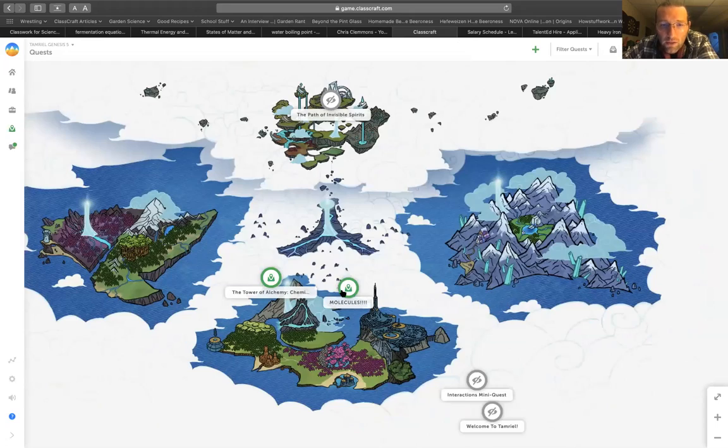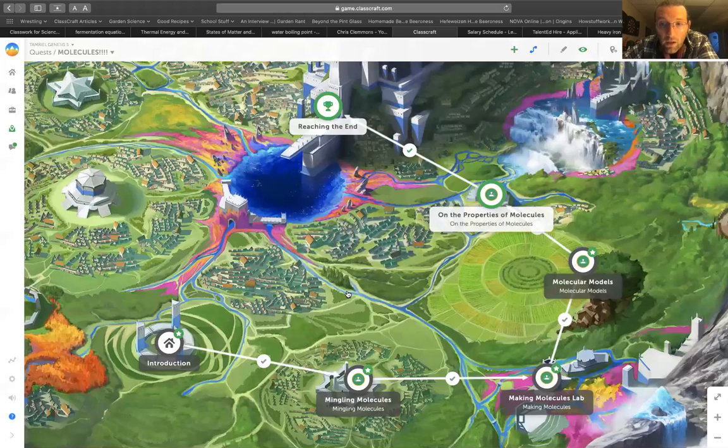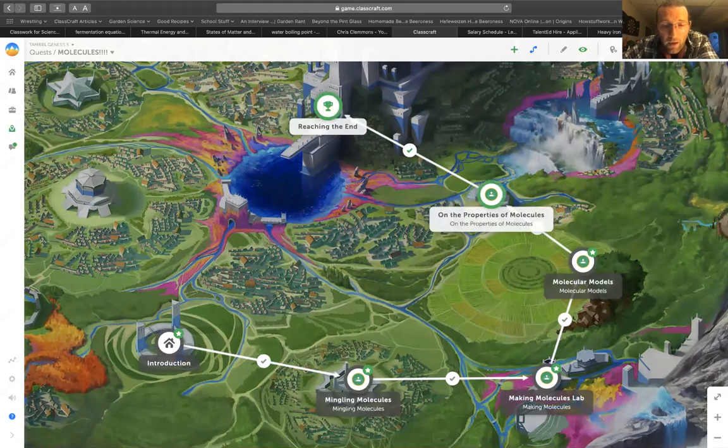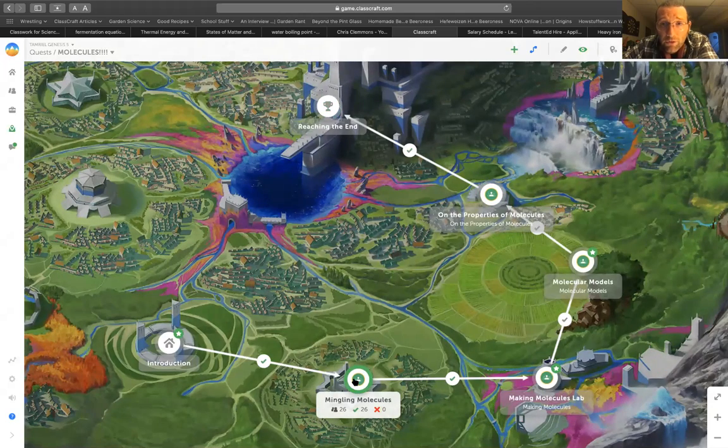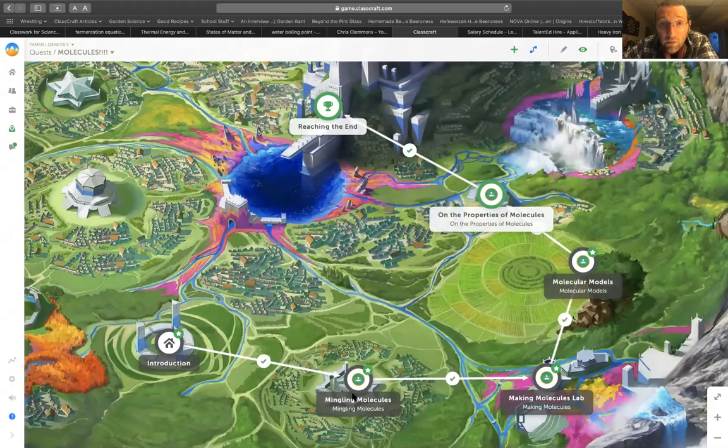Just to remind you what these look like, when you click on them, there's a path with different things for you to do at each step. I'm going to try and make these so each step should take you about a day, maybe a day and a half. Okay, so 30 to 45 minutes is about the amount of time it's going to take you to progress each step on here.